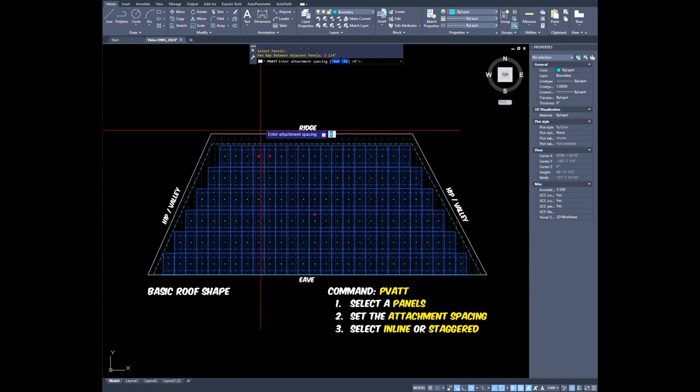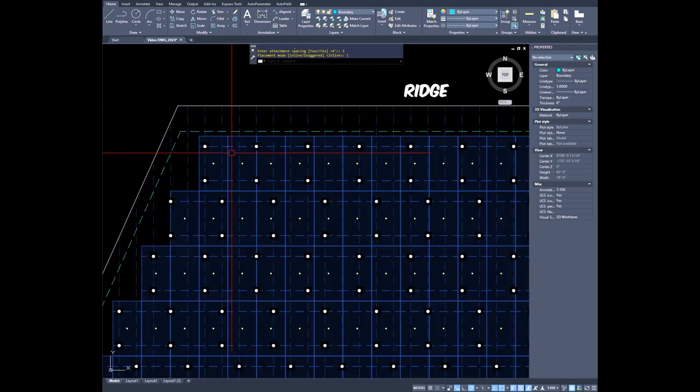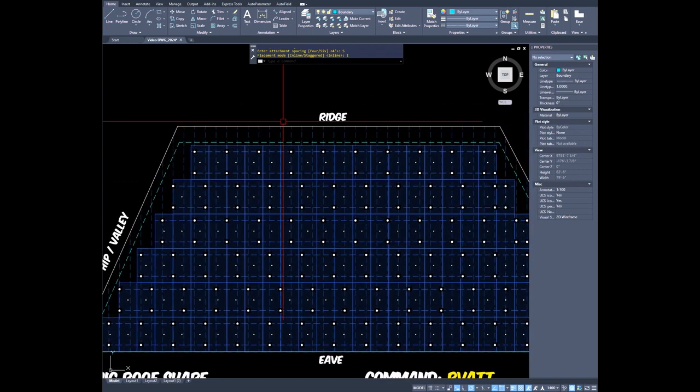Hit enter. It's going to ask for the attachment spacing. There are some default options here for 6 feet and for 4 feet. You can also enter whatever spacing you need. So in this case, I'll just put 6 feet. And then do we want it inline or staggered? Inline will basically be having all the attachments in line. From top rail to bottom rail within a row, the attachments are going to be in line. I'll show you the example with having them